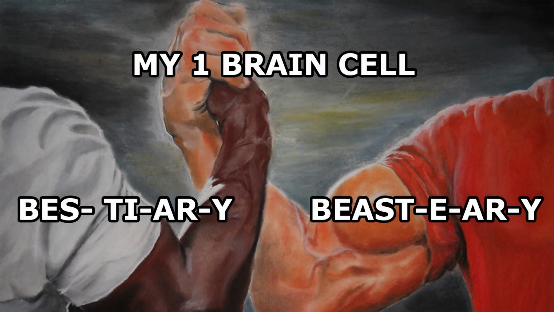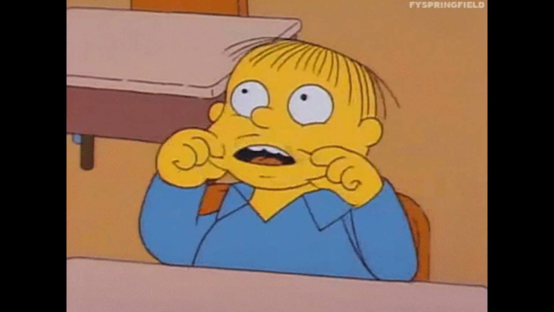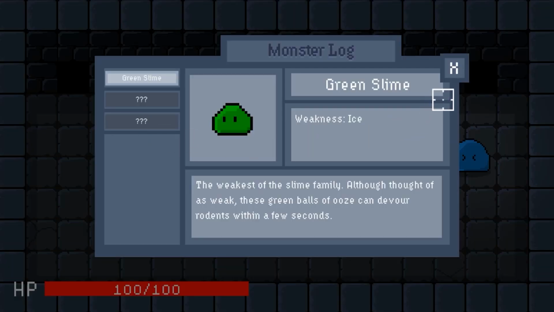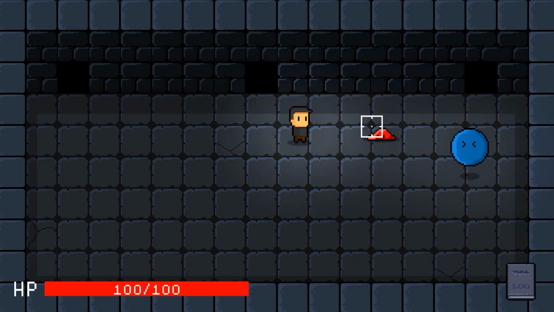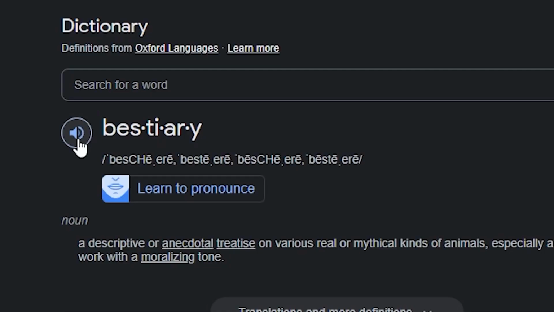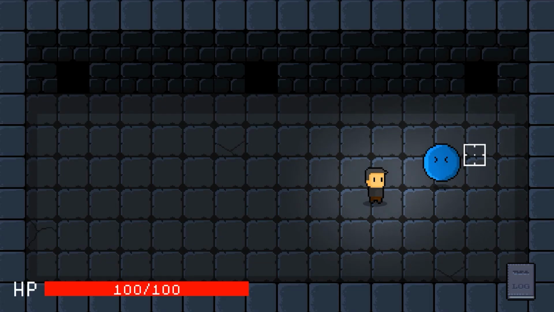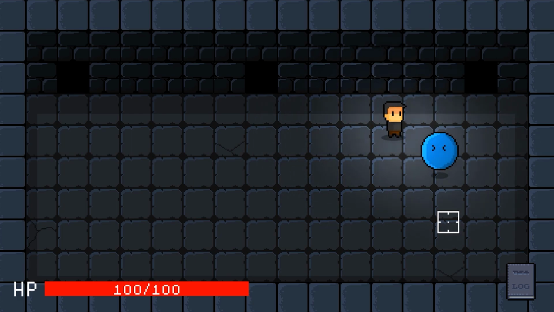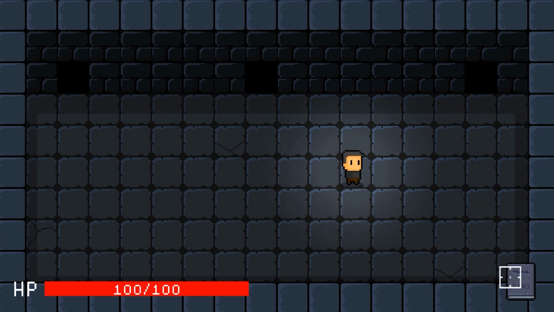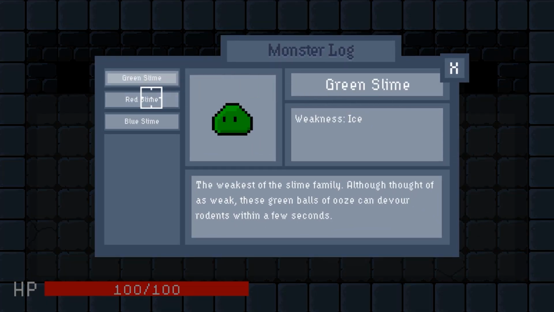I'll be walking you through how to create a bestiary in Unity. Bestiary or bestiary, the age-long debate. How should you pronounce it? Although this may come as a shock to most of you, according to Google it is in fact pronounced Bestiary. Whether you pronounce it correctly or give up entirely and go with the Monster Handbook or Codex is up to you though. Whatever you decide to call it, since you clicked on the video, you've probably seen them in video